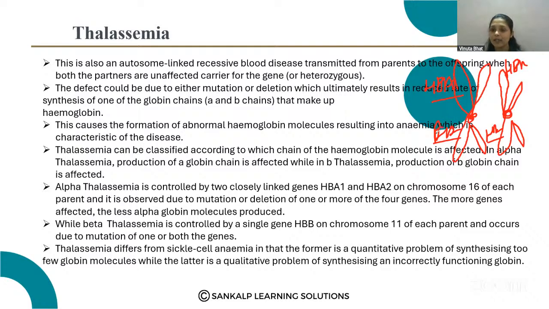Here, if one gene is defected or two genes are defected, so how many genes are defected, that much less alpha globin molecules are produced. Okay, while beta thalassemia is controlled by a single gene, that is HBB on the chromosome 11. So the HBB single gene is present on the 11th chromosome, on each parent, and occurs due to the mutation of one